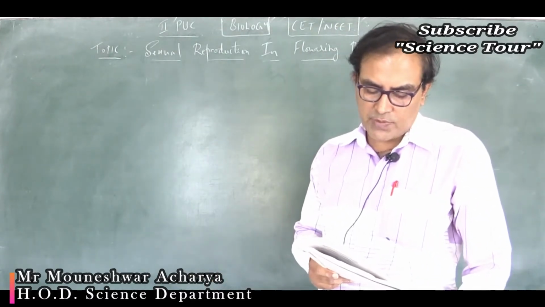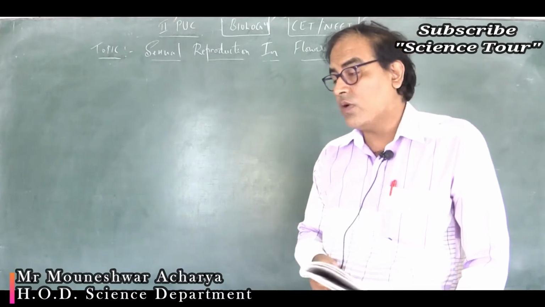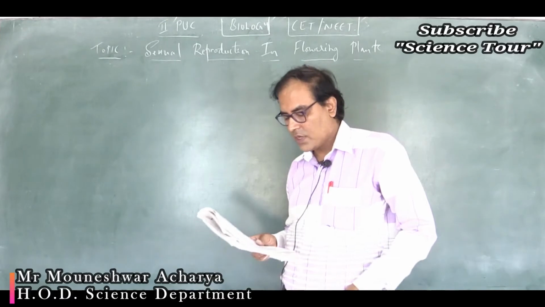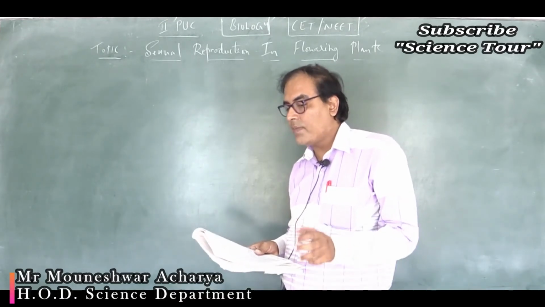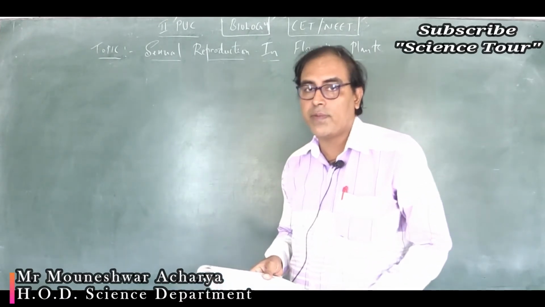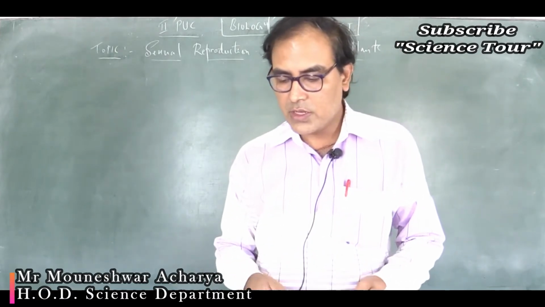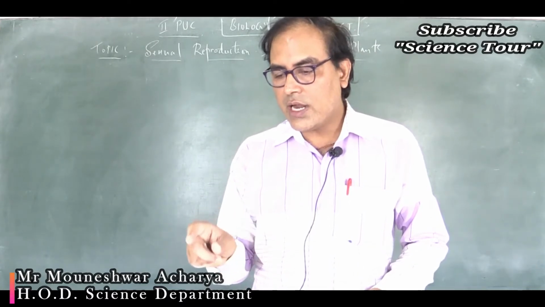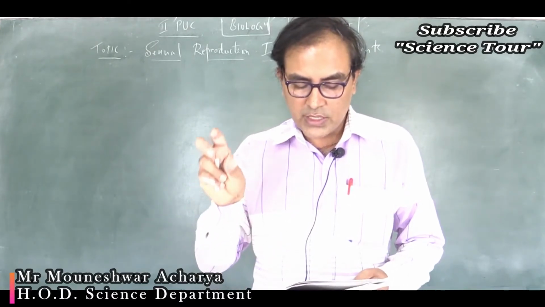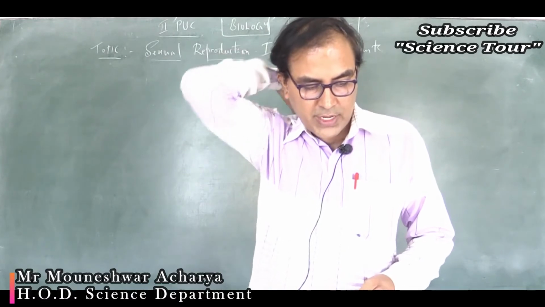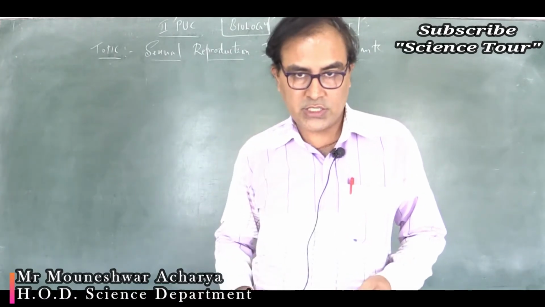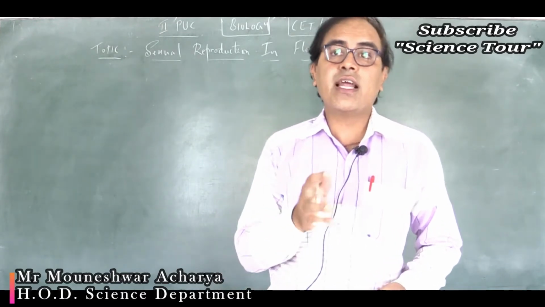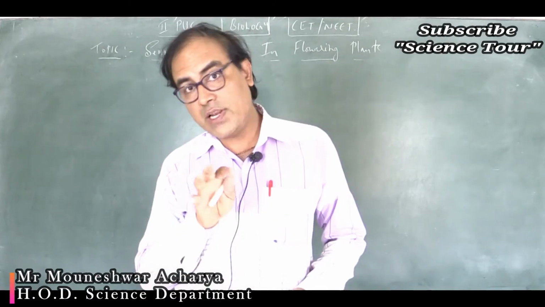See option 2, a small central cell is present in the embryo sac. No, the central cell is very large, it is not small. See the third option, the egg has a filiform apparatus. The egg does not have any filiform apparatus. There are synergids and the egg cell, and together they form the egg apparatus. From the synergids come out finger-like projections. Those are called the filiform apparatus.